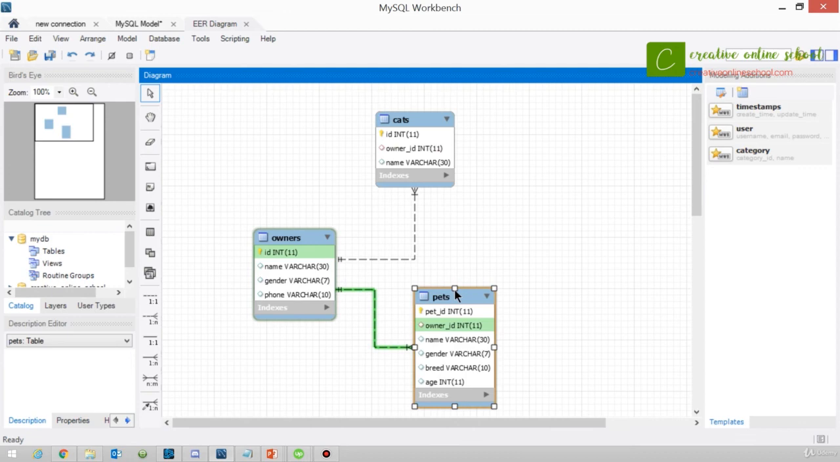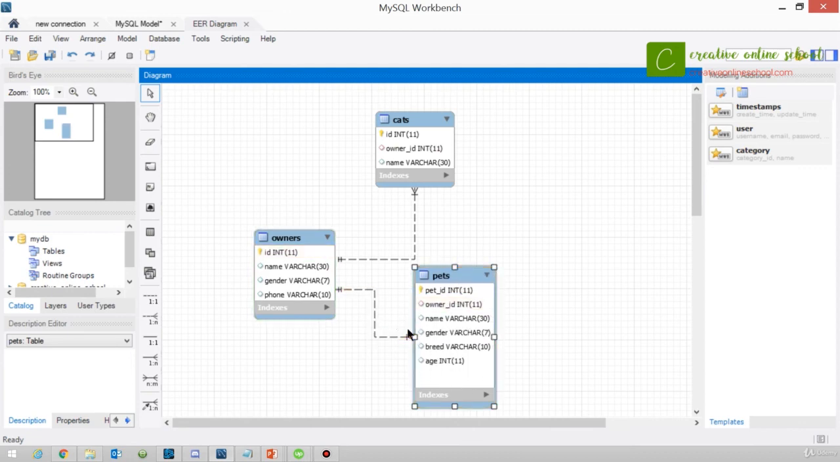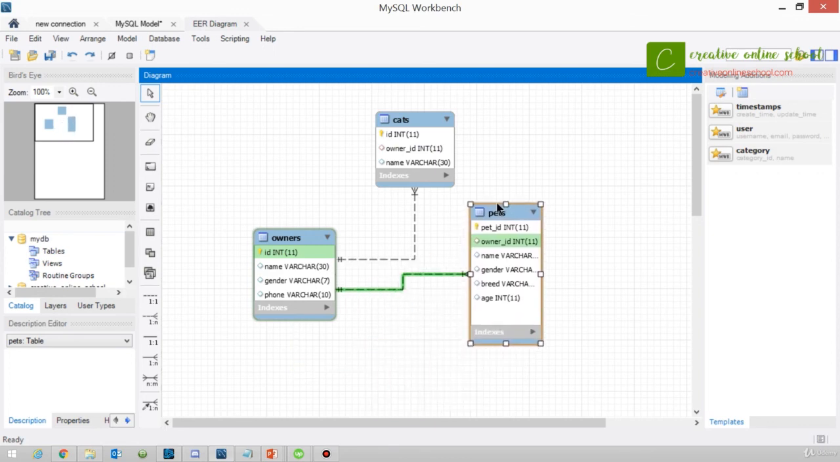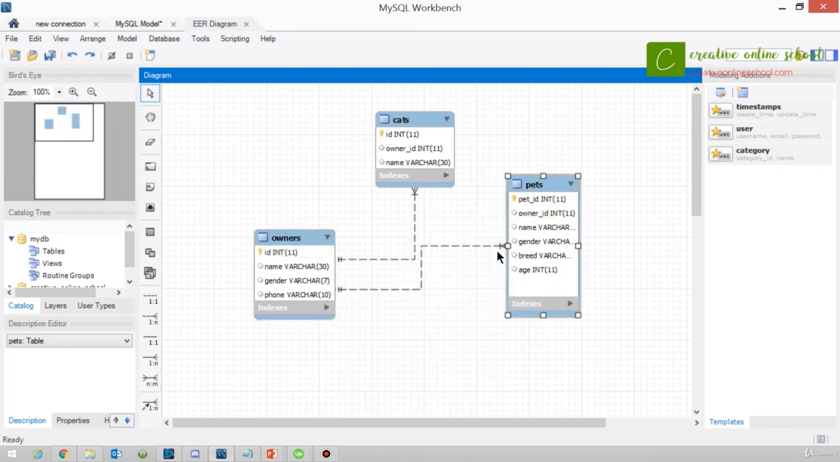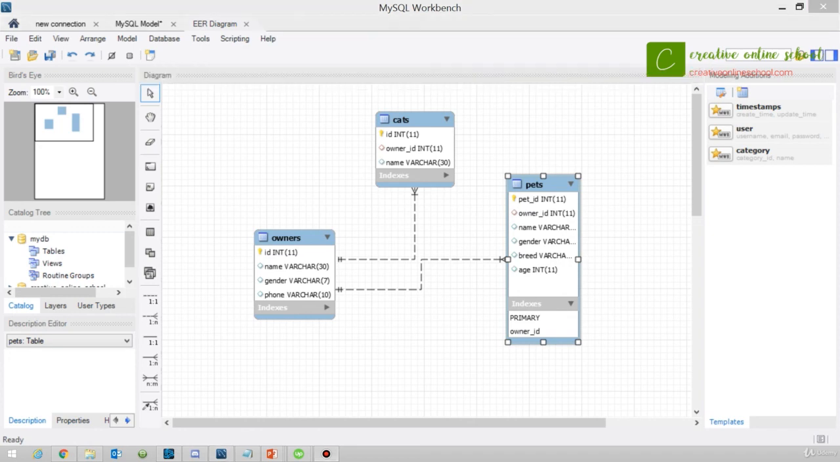As you can see with pets, it does the same thing. It's hard to see right here, but it has the multiple prongs going into pets. And we can highlight it and see which ID goes to where. We can also expand the indexes to see what our primary key is, and then our owner ID is the foreign key. I hope that this video has been helpful for you in learning how to create an entity relationship